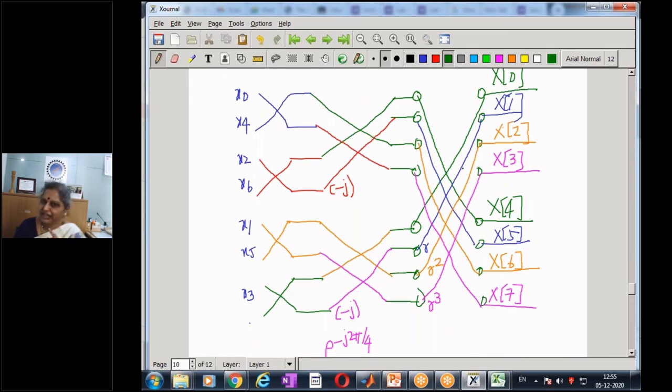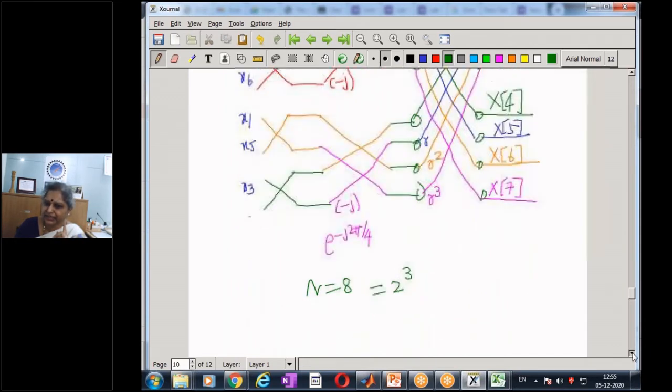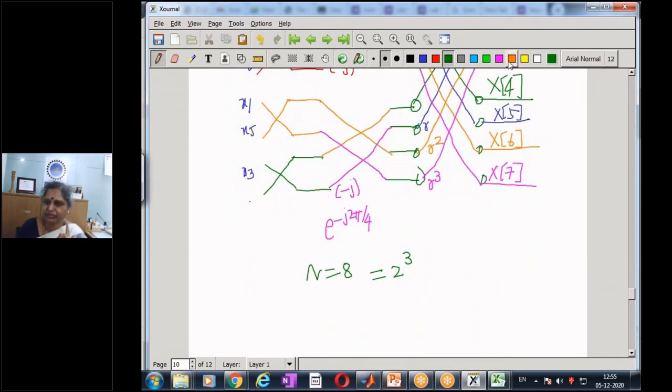And in the last stage, again, if I take this branch, there is no multiplication. I have twice multiplying by gamma square, gamma cube. So essentially, I have 2, 4, 6. I mean here 6, and then here 4. So only 10 multiplications. By doing 10 multiplications, I am able to compute an 8-point DFT, instead of using 8 cross 8, which is 64. So 64 multiplications I am able to reduce to this.